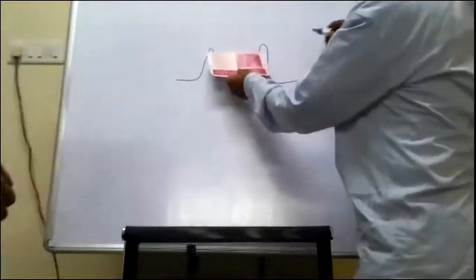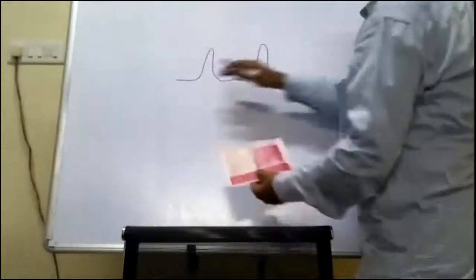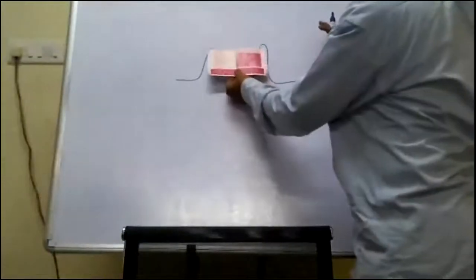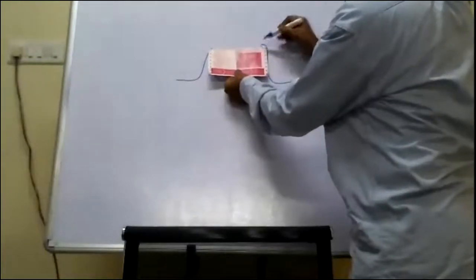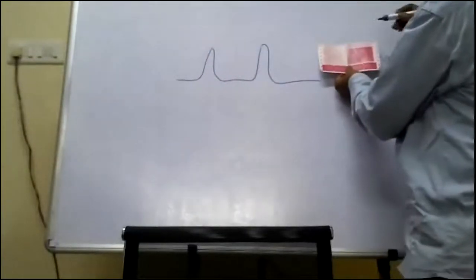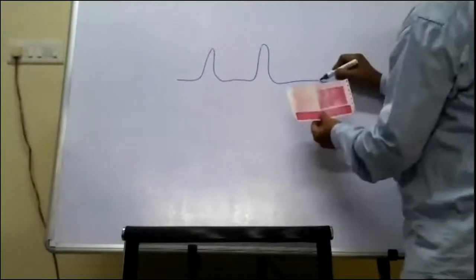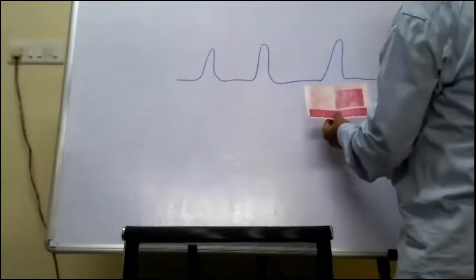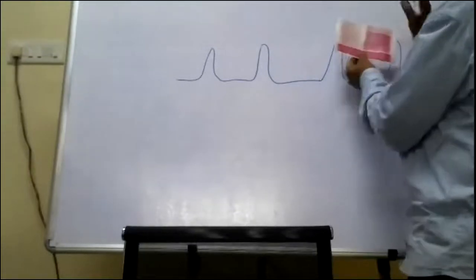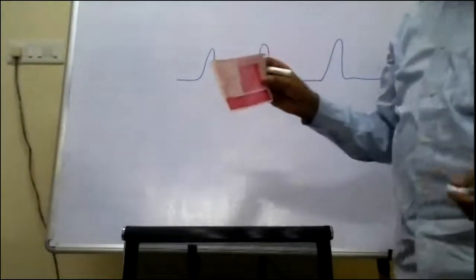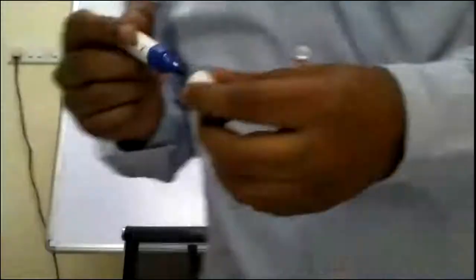Now, if you want to see this one, this is the ECG strip, and you have to put the paper here and then mark here and here. Then you take it to the other RRs. Suppose here is one R, and then it is here. Then you place it here, whether this is regular or irregular. That can be identified. Okay.